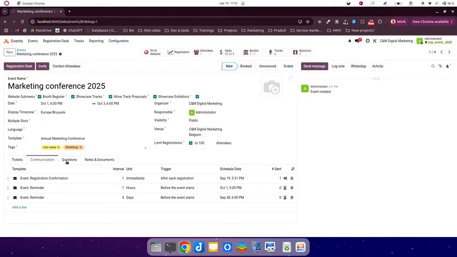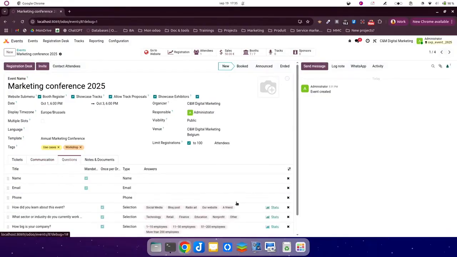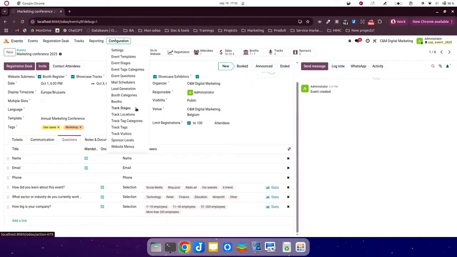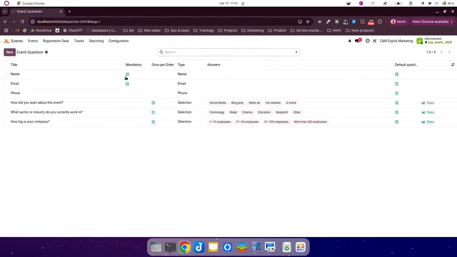Okay, now next up we have the questions. So those are the questions that appear when you register to your event. And here it's also a new feature. We now have a library of questions. Let me show you. So if we go into the configuration, we have here Event Questions. Now you can create questions for your event and share them between the different events. So you do not need to retype every time the same question, such as how did you learn about this